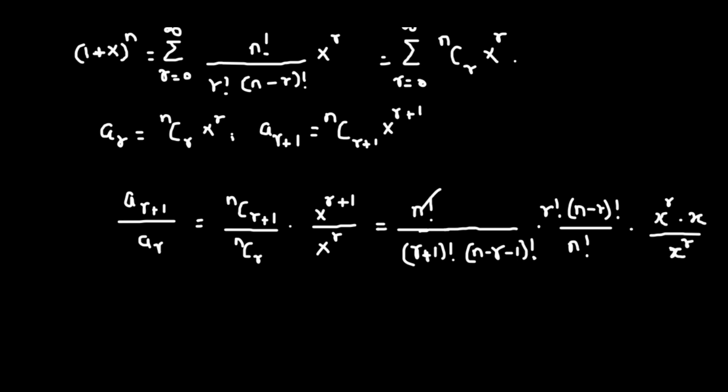Now what we can do is factor out n factorial from both the numerator and the denominator, as well as x raised to the power of r from both the numerator and the denominator, which will leave us with